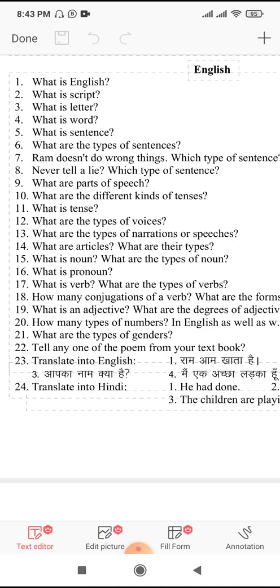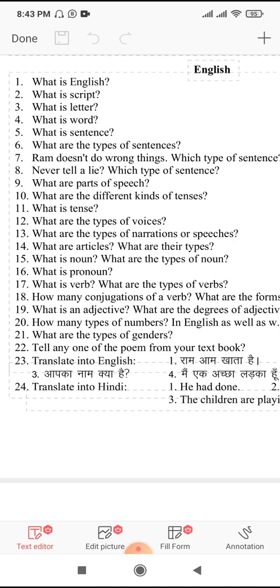What is a letter? The letter is the smallest unit of language. What is a word? A meaningful group of letters is called a word. What is a sentence? A meaningful group of words is called a sentence, which gives complete sense. What are the types of sentences? There are different kinds of sentences: